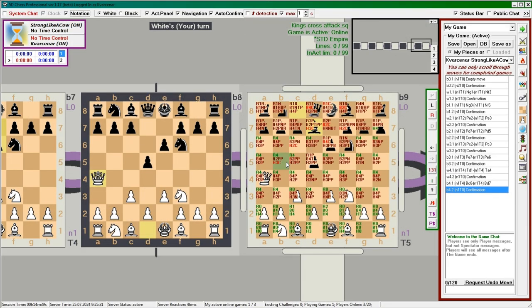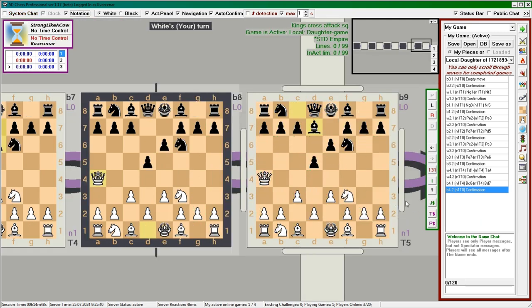Now we see that the Jurassic square with a check to the past is already on b5. And the next move should be checkmate. But let's say we are not sure about this. Let's enable the daughter game and check. Press daughter game and it is created. We want to verify if this check will lead to mate. So let's enable checkmate detection monitoring.